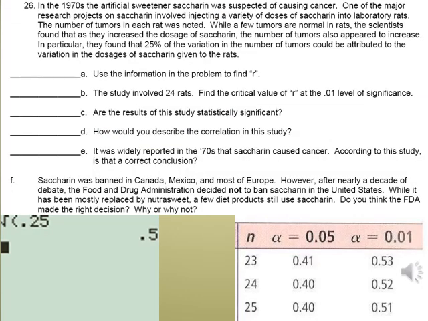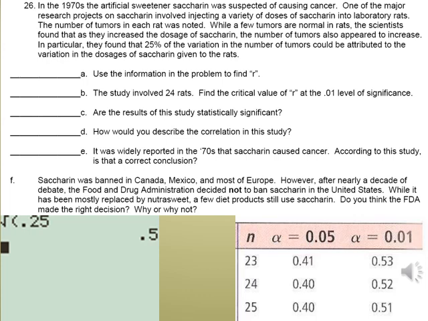And the next couple questions kind of tie together all the different stuff we've talked about. We have this one that talks about the artificial sweetener saccharin. You can still find saccharin in pink packets in restaurants, but not a lot of people use it to sweeten other things today. We've moved on to things like aspartame and stevia and various things like that. But it used to be, back when I was a kid, that saccharin was what Diet Pop and Diet Anything was made with. Here they tell us that 25% of the variation in one thing is due to another,